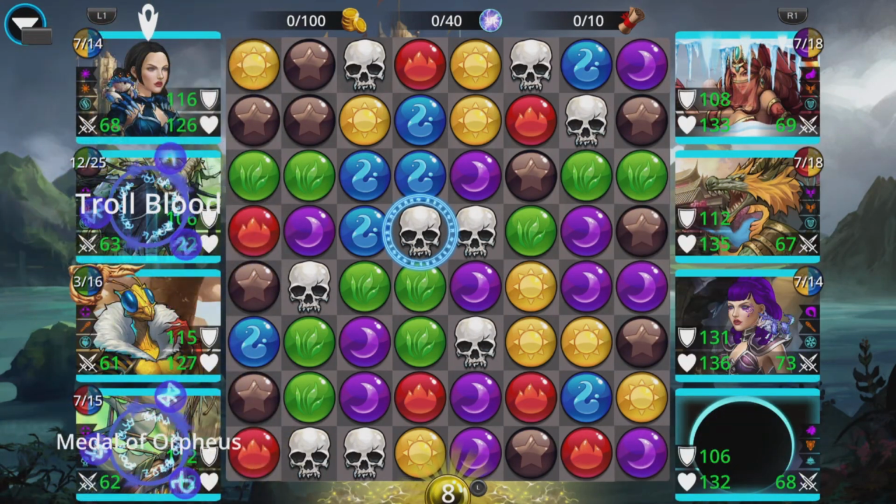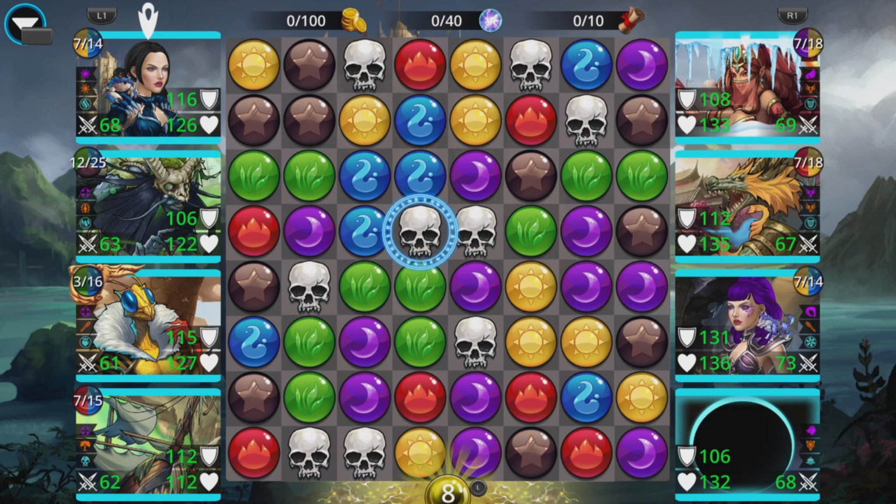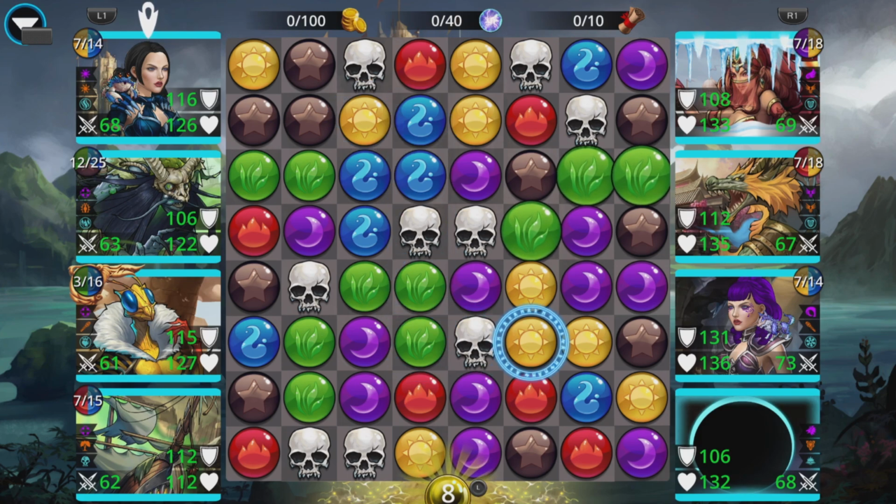Well, because we've not got a full start on anything ourselves, first thing we need to check is convert all blue gems to yellow. See how that goes in their favour, and it goes in their favour a lot. Wow. But that's okay, because we can take it away here, which is going to give me a skull hit at the same time. So I think that is going to be the way to go, because there's nothing for